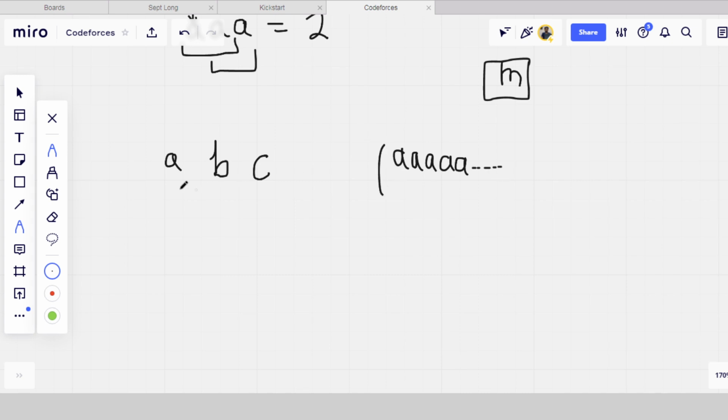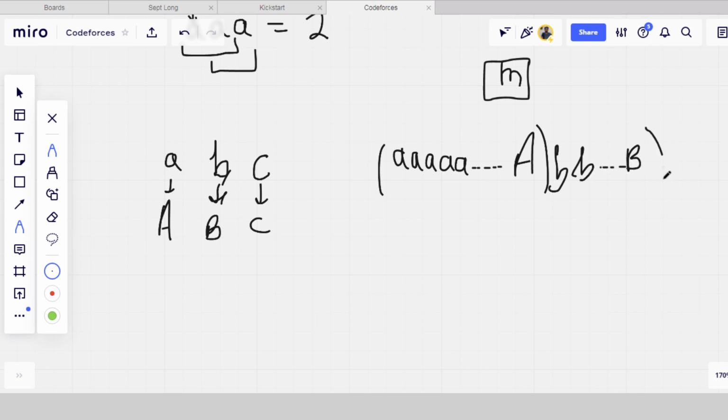Let's say there are AA's, there are BB's, and there are CC's that is given to us. So if we take all the A's, then all the B's in a row, up to how many B's are there? Then, as we are finding the maximum, all the C's, up to how many C's are there.